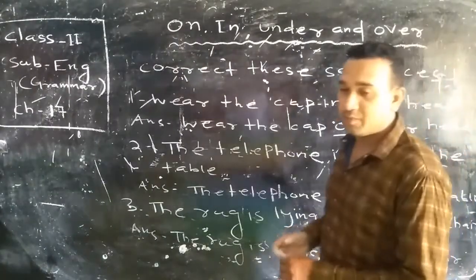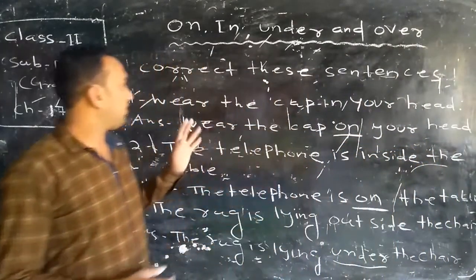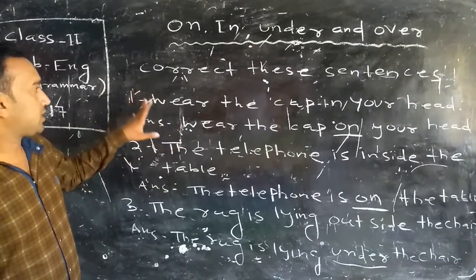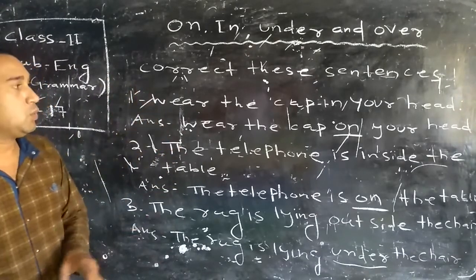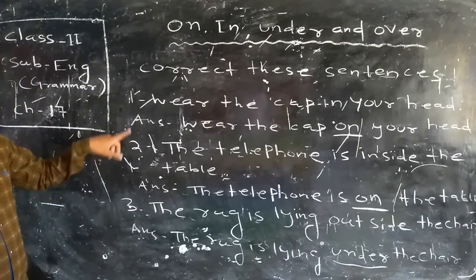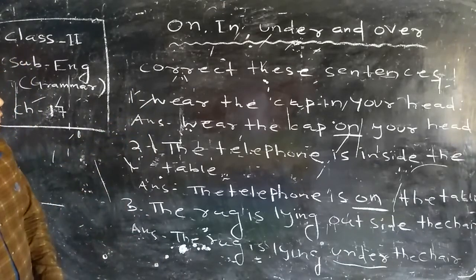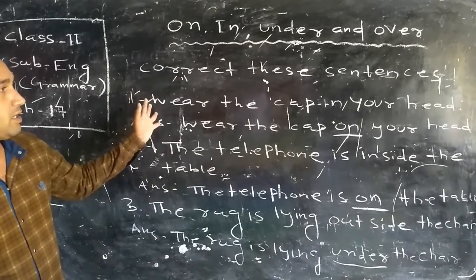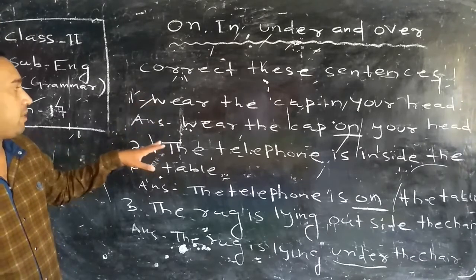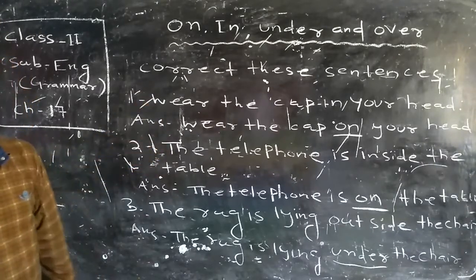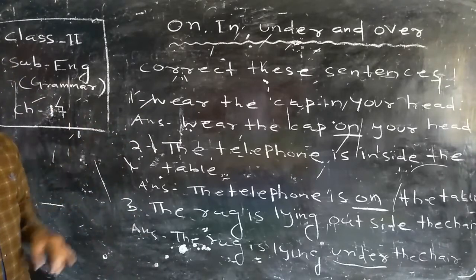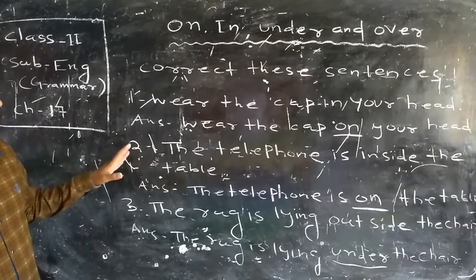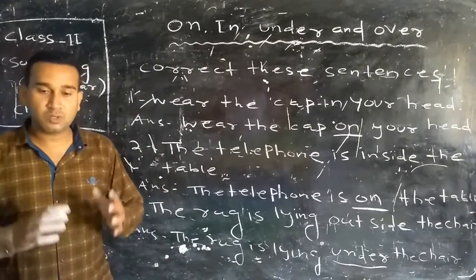So dear students, keep your mind on it, it's very easy, not difficult. You do it yourself. First you have to understand the sentence, read the sentence and do all the numbers properly. First number you see: we wear the cap in your hand. 'In your hand' is a wrong sentence. We cannot wear a cap in the hand. Wear the cap on your head, that is, on top of the head. So in the same way, we have done 1, 2, 3 here. Then the rest of the numbers you have to do yourself.